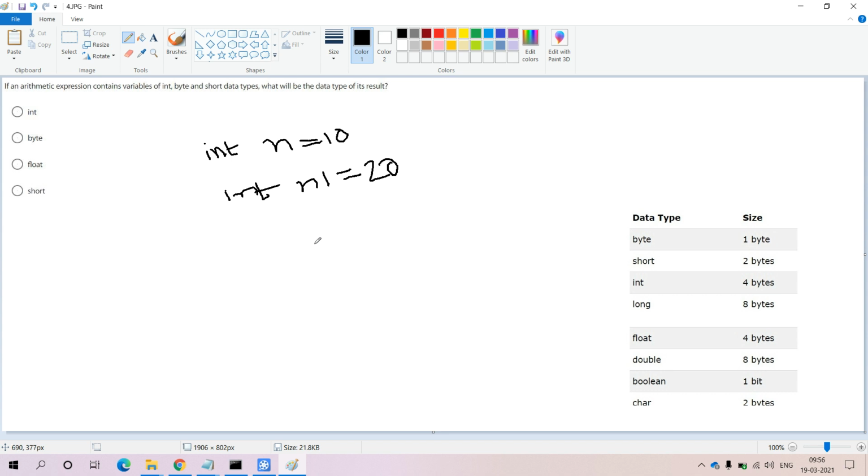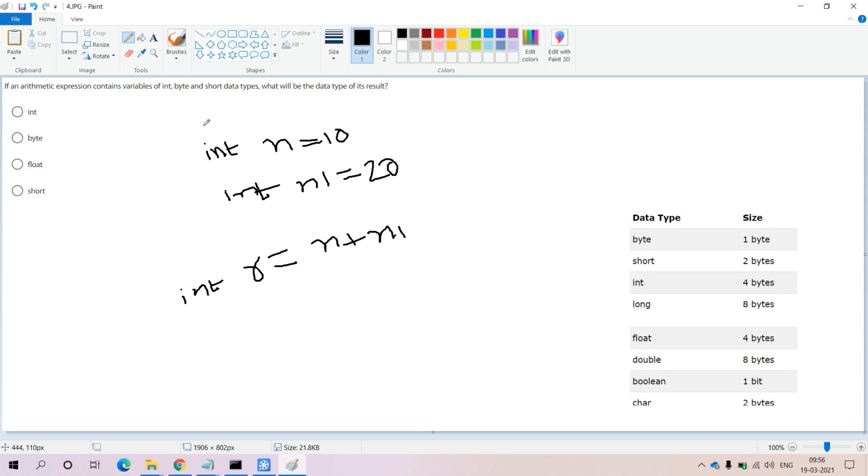If you are going to perform n plus n1, it is an arithmetic expression, and we are performing arithmetic addition. Both are of similar data type. Due to that reason, the result will also be in the format of integer only. Int is the output that we are going to hold in the resultant variable r, which is of the type integer. Why? Because both n and n1 belong to similar kind of data type, that is integer.